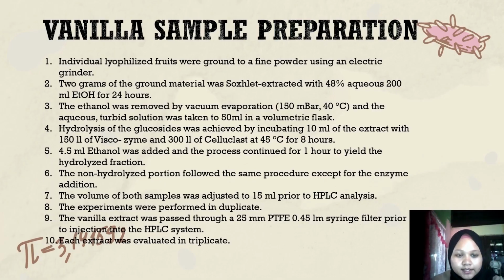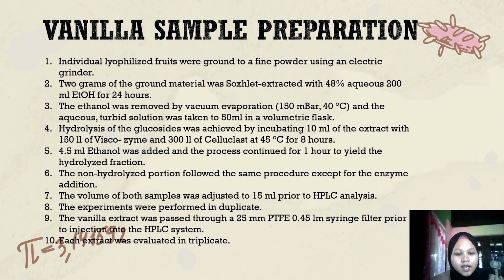The first part of the methodology is vanilla sample preparation. The first step is that individual lyophilized fruits were ground to a fine powder using an electric grinder. Secondly, 2 grams of the ground material was extracted with 200 ml of 48% aqueous EtOH for 24 hours. Then, the ethanol was removed by vacuum evaporation